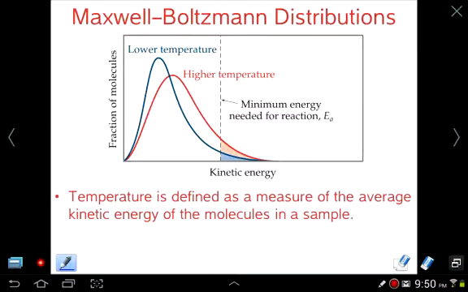Now we're going to take a look at something called the Maxwell-Boltzmann distribution, and this essentially explains the details of how increasing temperature allows the reaction rate to increase. These are kind of the details of the phenomenon. The Maxwell-Boltzmann distributions treat the energy of a collection of molecules using one of these curves, which are called distribution curves,